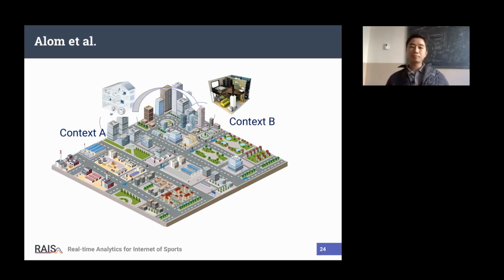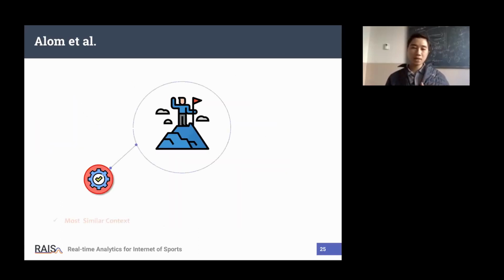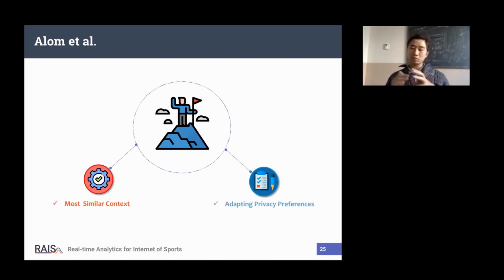In more detail, if I am standing in context A and I move to context B, how can I generate the new policy? That's an easy question, but it's hard to answer. So in this paper, the first thing is they try to follow the context.